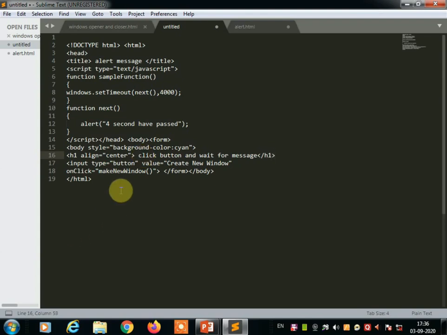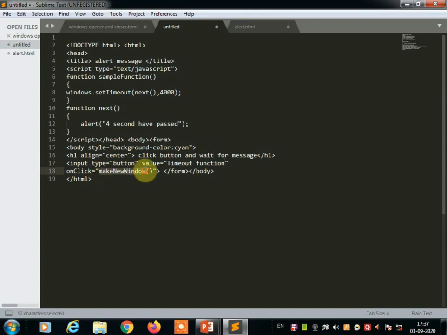Then input type button, value we are going to write here, because we use the timeout functions, so we can write here Timeout function. On click, which function do we use? First, sample function.